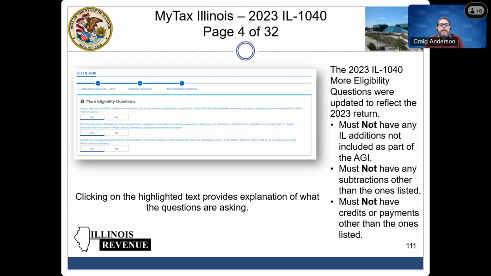You must not have had any subtractions other than the ones listed. So military pay, U.S. Treasury bonds and interest, and then the 529 plans, along with some others that are listed there. And then you should not have any other credits or payments other than the ones listed in there. So if you can mark all no to all 3 of those, then you would be eligible to use MyTax